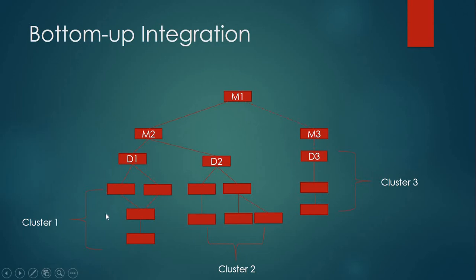Bottom up approach is this. We will have a sub program in our domain 1. So we will test all of these, and after testing we will integrate them. Here we will have a cluster 2, means we will test all of this, and after it we will integrate and we will make domain 2. Here we will have sub programs, we will test them, and after it we will make a D3, and after it we will move to the M2, after it we will move to the M3, and finally we will go to the M1. So this is bottom up integration, totally reverse of top down.